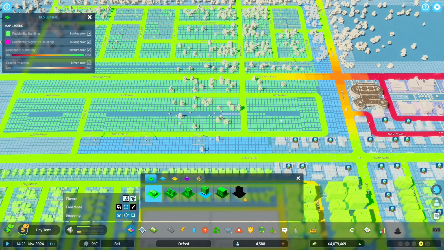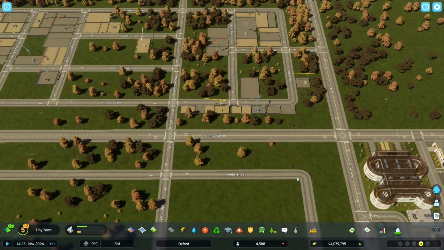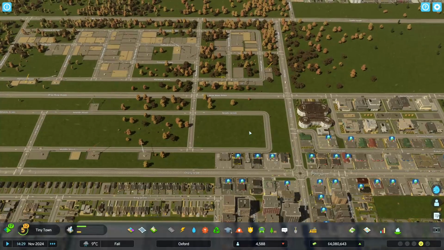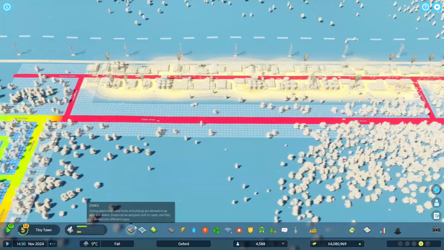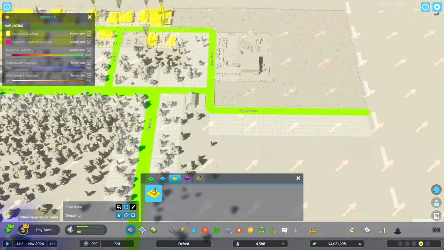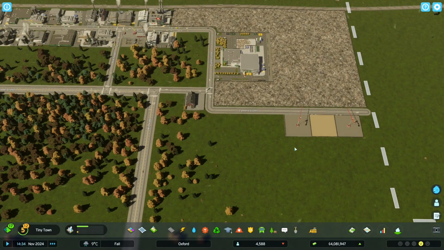It's quite typical in a smaller city like this that you'd predominantly see low density until you're a bit bigger. You can see that because of the level of demand they're populating pretty quickly. It's made a big dent in our demand for commercial and our residential. Still got a little bit of industry. Now if I place this here at least temporarily, we can worry about some specialisation later.